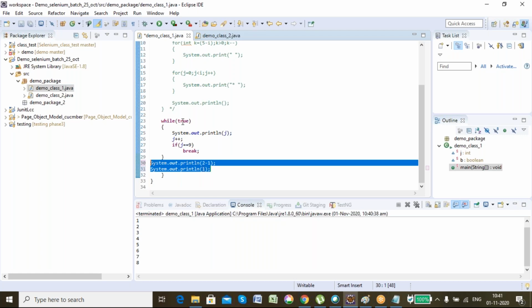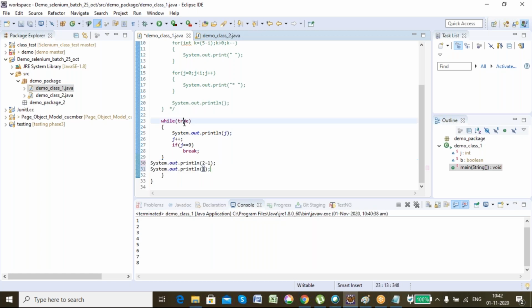But in this loop, we started j as 0, right? So maybe what has happened, I have not scrolled down. Here I have forcefully given true. It will always be true. I am not comparing, so it is not returning me true or false.